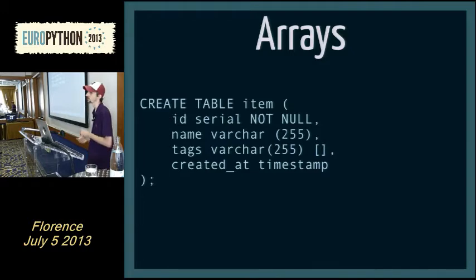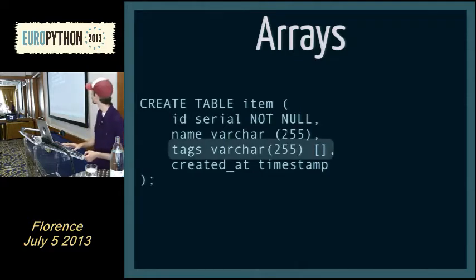Postgres has native arrays. Just like you would in your application, you can have an array in Postgres, and you can have an array of any data type. So here what I've done is said, I've got tags for my items in my shopping cart. So I can tag these as whatever I want, and then search on them just like you'd expect. And this is all in the same row on the data, but I can still filter, index on it, everything else. I just don't have to have a whole other table for that.